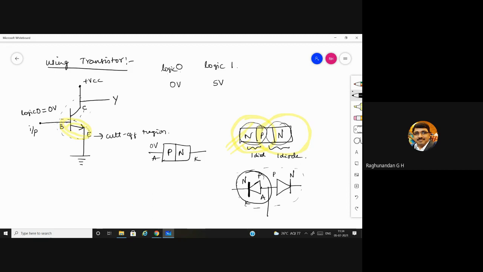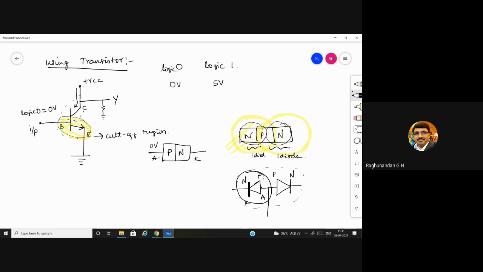In this case, the current which is coming from plus VCC, can it enter the transistor? So it is in reverse bias condition. That means it is in off state.